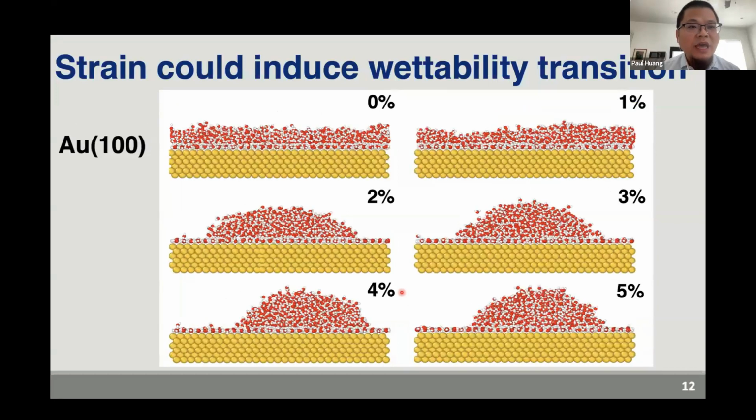And I hope it's not surprising that we can achieve the same kind of trend with the other material. Here, when you look at gold, the pristine one will have the complete wetting. And when you move those gold atoms a little bit closer to mimic the strain, you're going to see, oh, I'm going to have a little bit of hydrophobic behavior over here, starting quite early on at 2%, then all the way to 5%. So this is really the set of the first